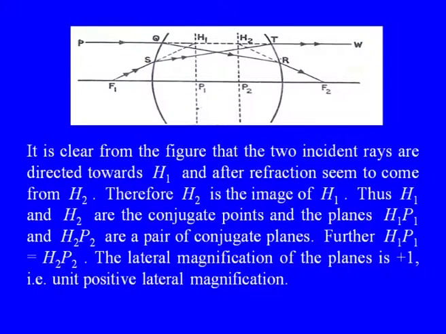Thus, H1 and H2 are the conjugate points and the planes H1P1 and H2P2 are a pair of conjugate planes. Further, H1P1 is equal to H2P2. So, the lateral magnification of the planes is +1, unit positive lateral magnification, and that characterizes the principal points and